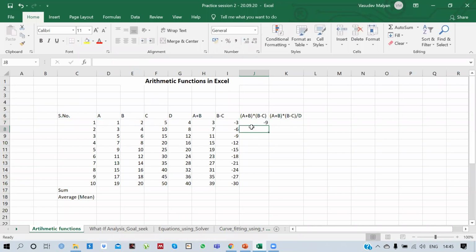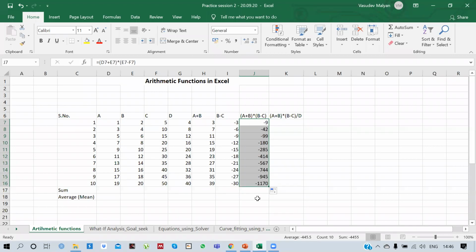Will we get the same result or not? The result is -9. So let's see if we get the same result. If I remove all the brackets, press enter, I get a 0, which is not the correct result I was expecting. Okay, so you understand the relevance of brackets. So we'll go back, and if you drag all the way here, you will get the result.